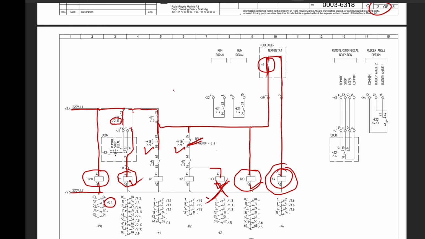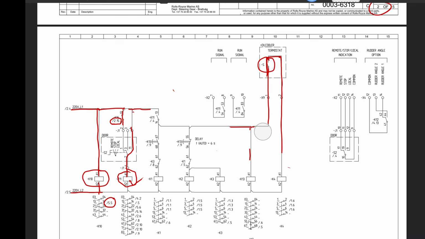Another part which I want you guys to look at. I'll just erase this to make it clearer. We have K3 and K1. These are the NC, normally closed contacts. Whenever K3 is running, whenever this relay for the auto transformer running is energized, this will open, since this is NC, normally closed.